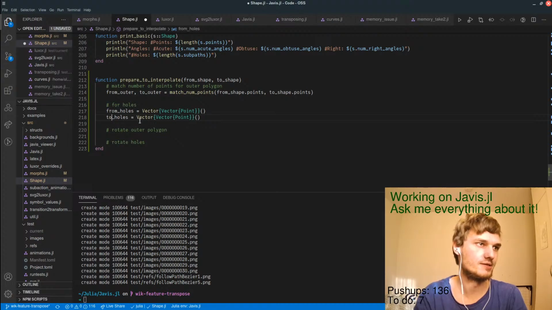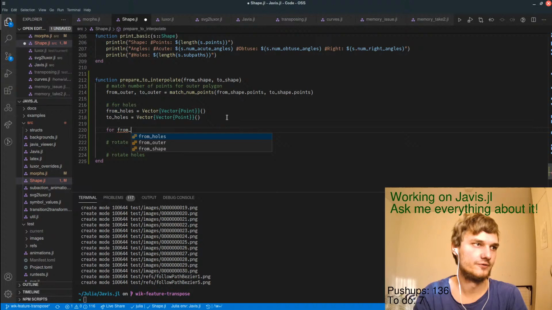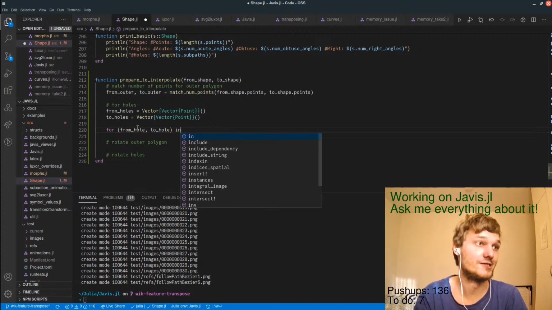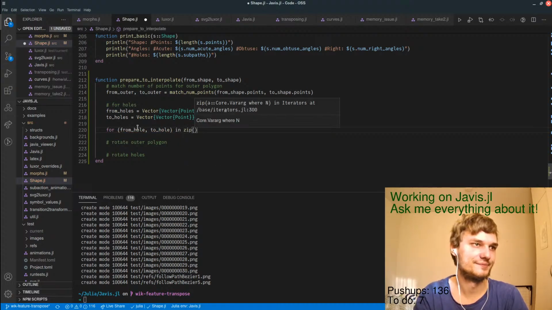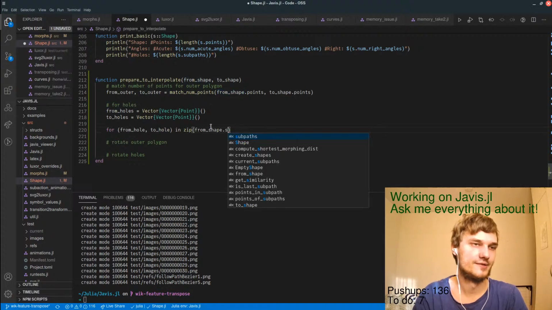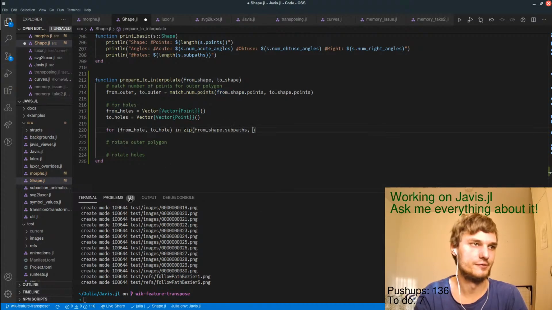All those copies, I reckon, but from hole to hole. And yeah, just assume that they have the same number of holes for now. So even after that, there will be stuff to figure out.